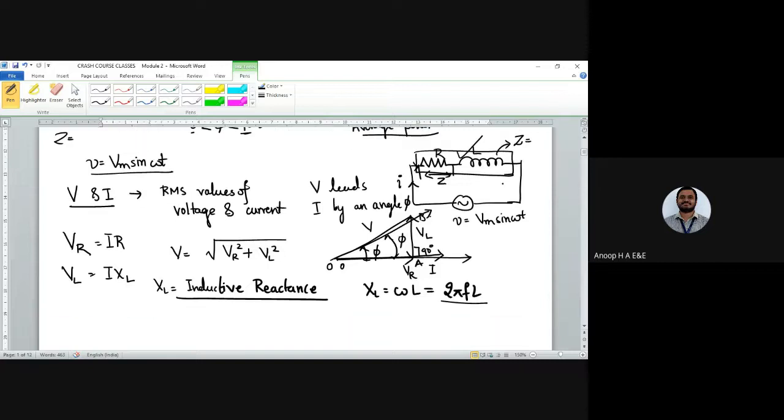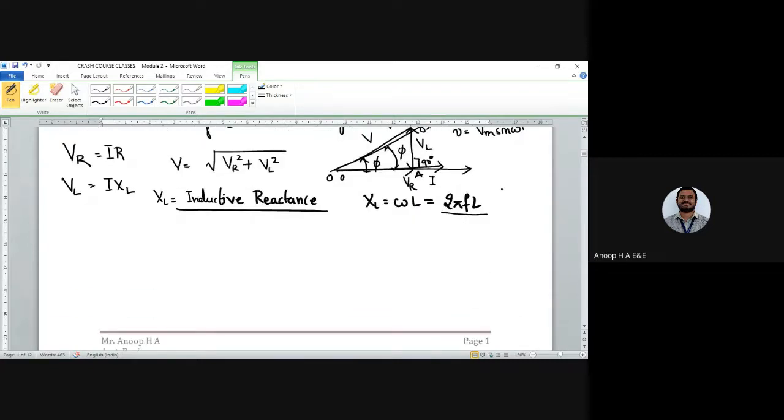All right, so you have to remember that these circuits are important when I need the voltage leading the current by an angle of phi, or the current lagging the voltage by an angle of phi. Correct? Is that clear to you? So that is how you will be identifying it.